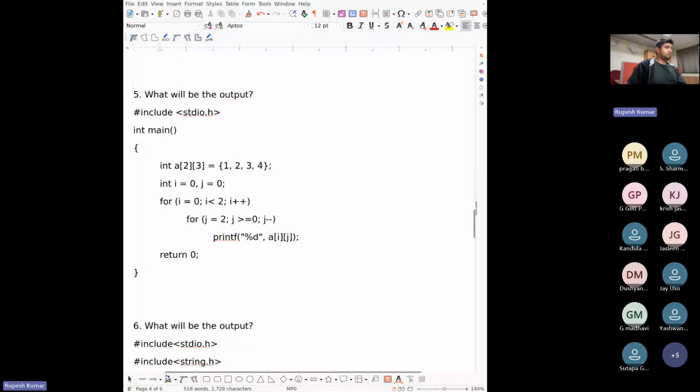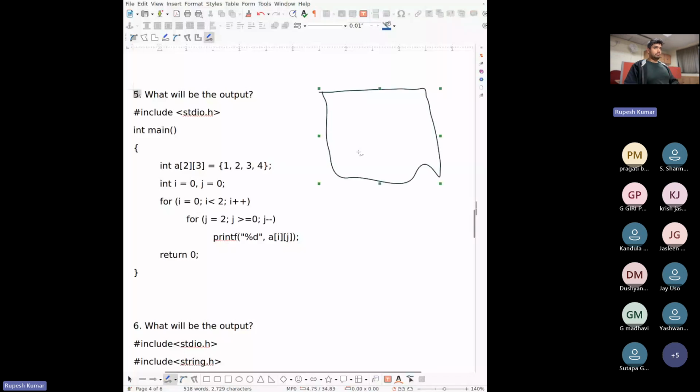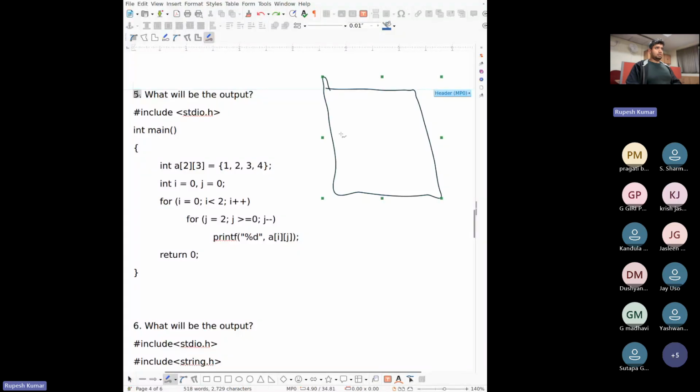So it's an array of dimensions 2, comma 3. Let's create this array.